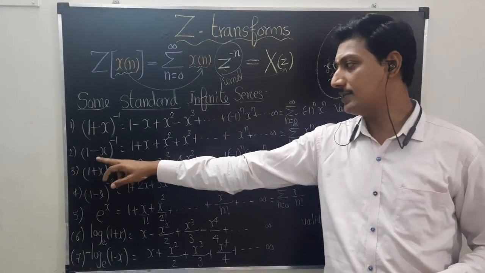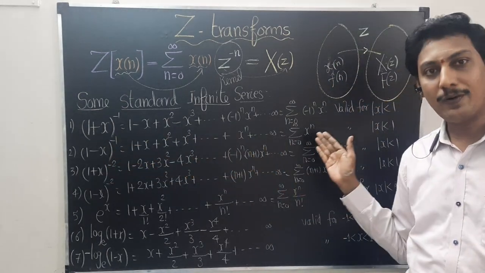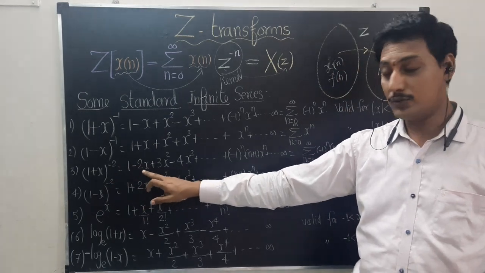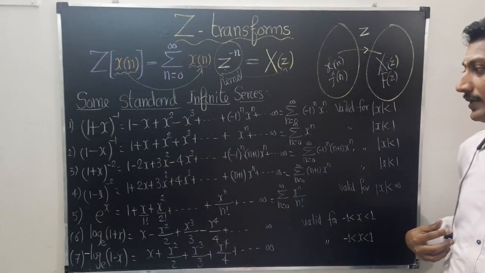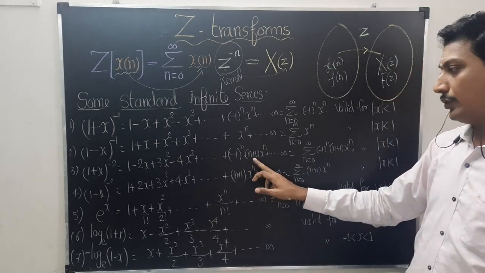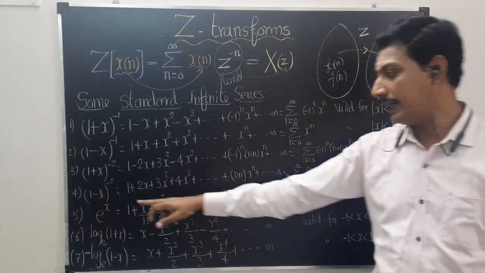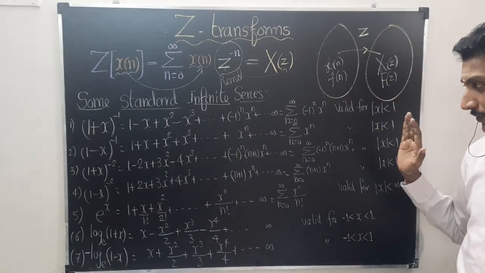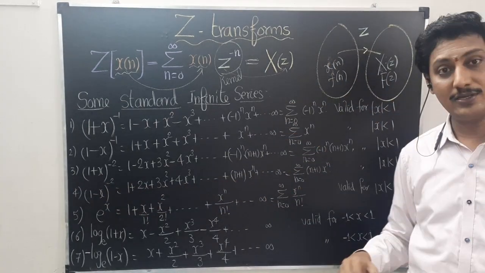Suppose it is minus here, and this is also minus, then everything becomes positive. And for power -2, it comes 1 minus 2x plus 3x squared minus 4x cubed, etc. So the nth term is (-1) to the power n, (n plus 1) into x to the power n, and if it is a minus sign, minus minus becomes plus, so everything is positive terms. That's it. So all the four binomial expansions are valid.